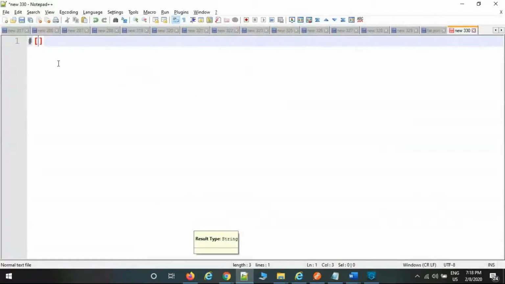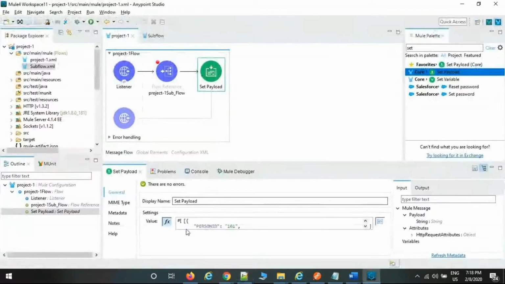But now I am passing hard coded data, and the system won't support it. That is the reason I'm going to remove the expression. See, this is the expression, hash bracket is the expression. So I don't want to use the expression, remove this one, and this file is going to be executed and returned wherever you want, either source or target. So big files also we can pass by using set payload, or we can consume them. There is no restriction on file size. Any big files you can pass. Any doubt here?